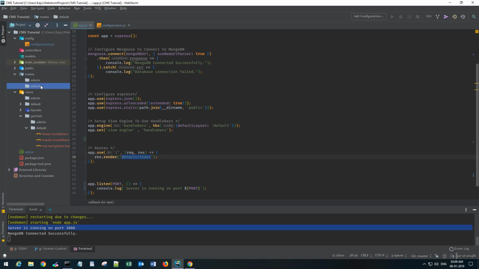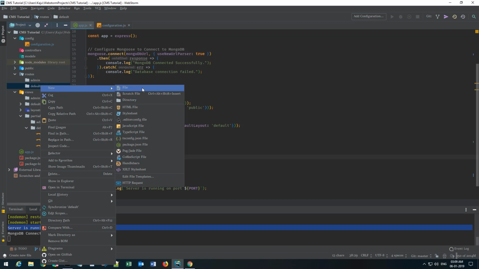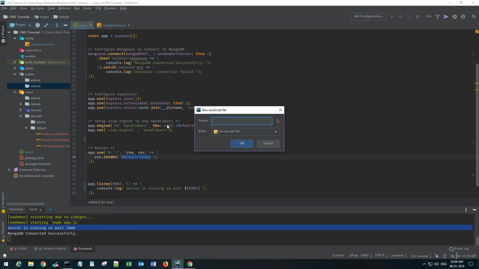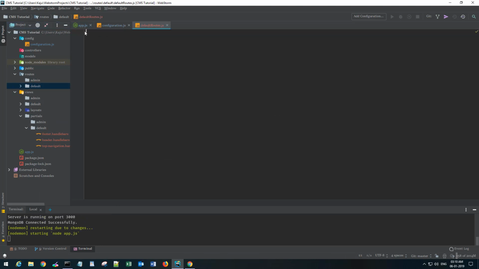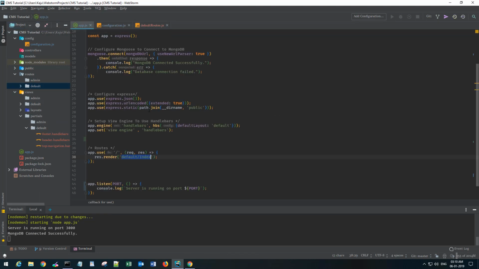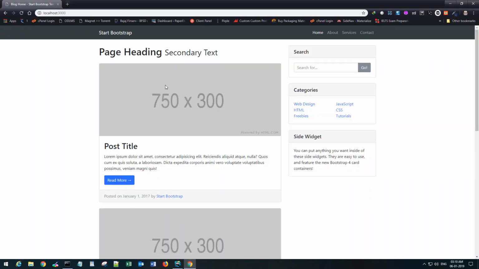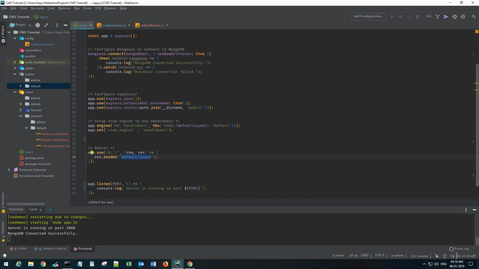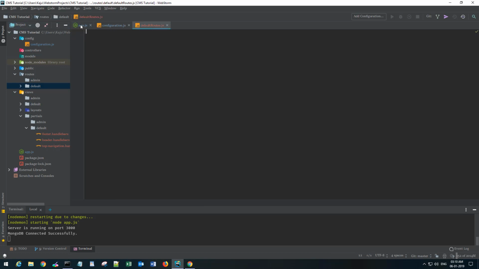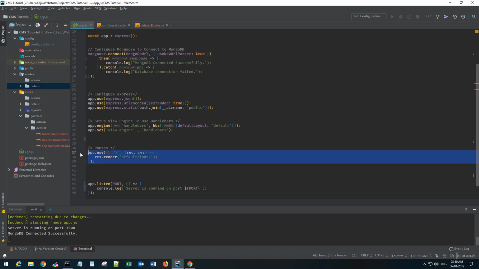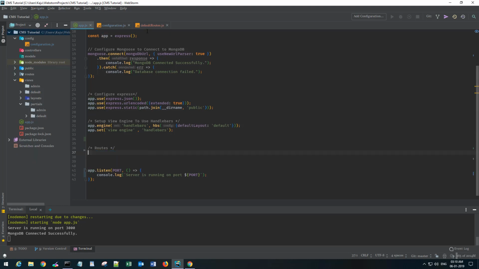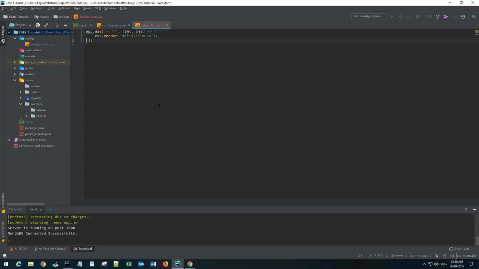Okay, so inside this default I will have a new file known as default routes JavaScript. Okay, so all the default routes which are responsible for this front end page will be stored in this default routes.js file. Okay, so I'm gonna cut it from here and paste it there, and of course I need to have